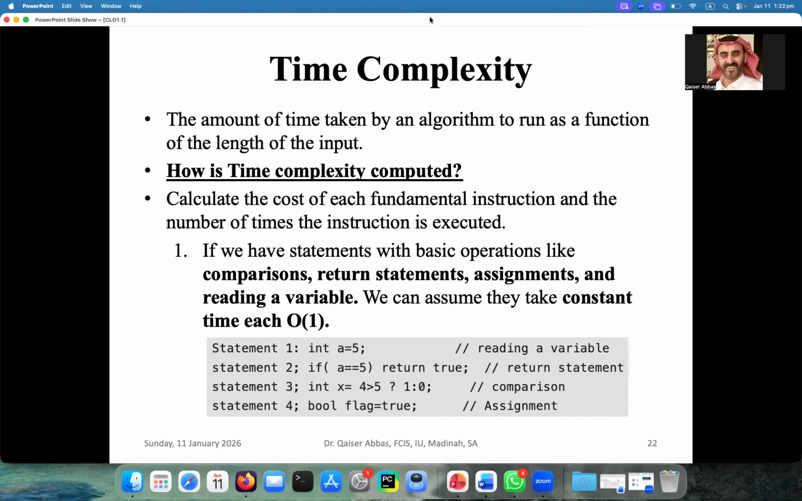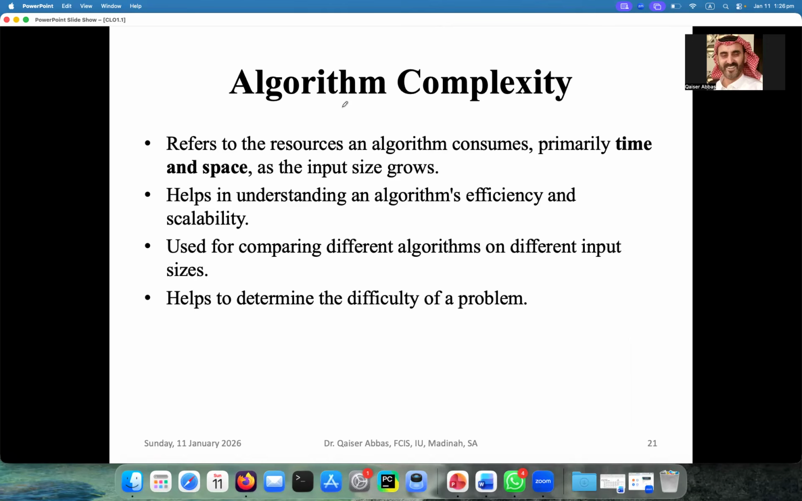Okay, I think let's take it for 10, 20 minutes, and then I will stop because we have sufficient time. Okay. So